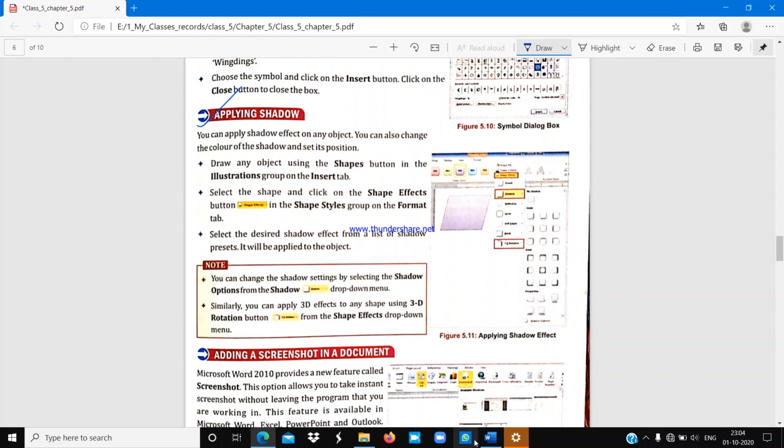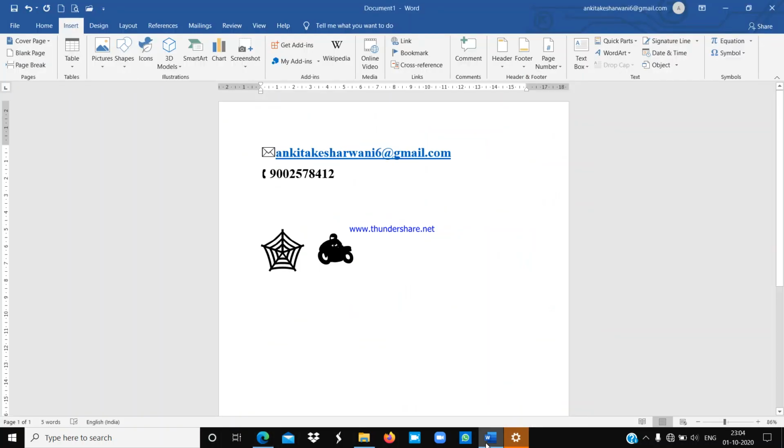As you know, we can apply a shadow effect to any object. You can also change the color of the shadow and set its position. Here I will show you how we can do it.